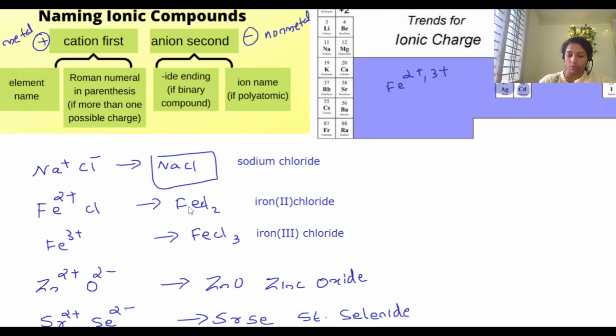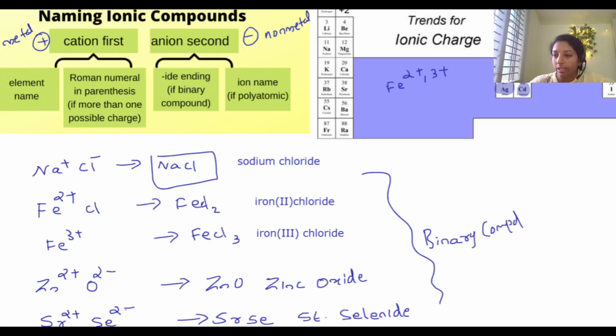Sodium and chlorine, fluorine and... sorry, iron and chlorine, iron and chlorine, zinc and oxygen. So just two atoms. That is what you call binary compounds, like binary ionic compounds. And another thing is there,